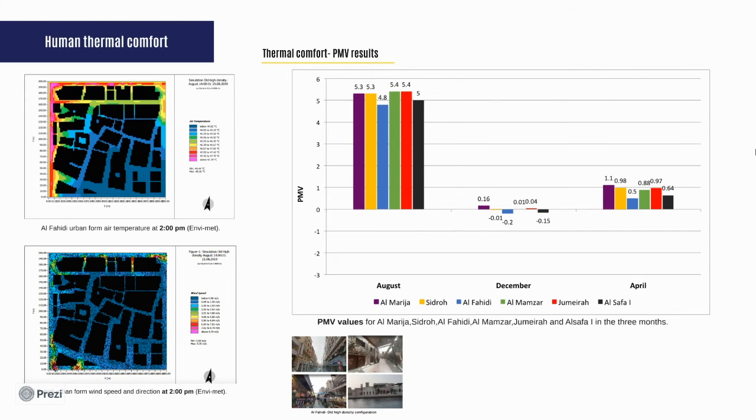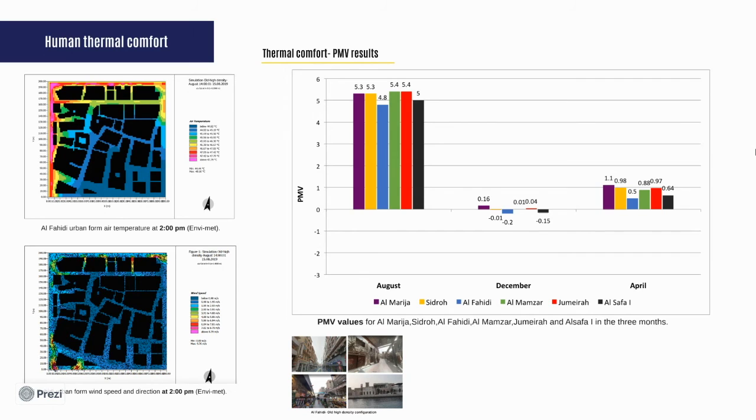The thermal comfort in the PMV tool has a range of -4 to +4; the closer to zero, the more optimum in terms of human thermal comfort. A correlation was found between the sky view factor, height to width ratio, and mean radiant temperature on one side and the PMV levels on the other side.